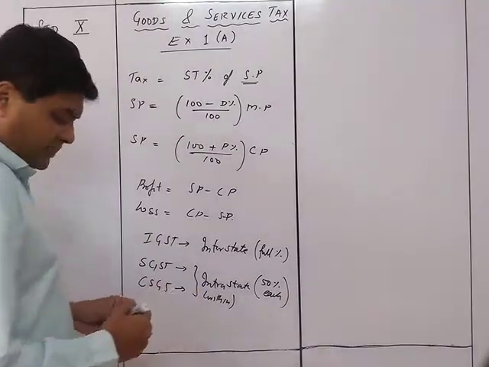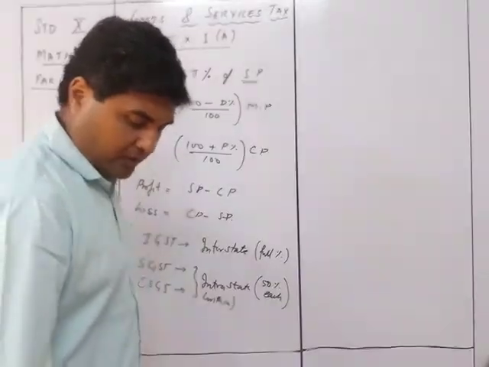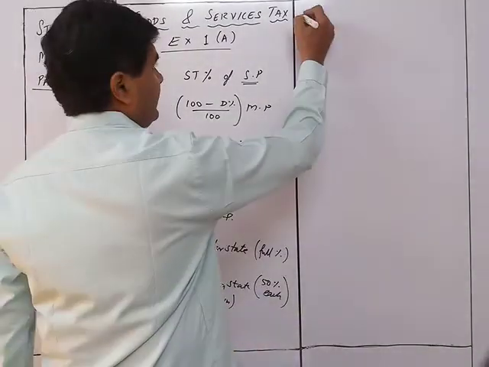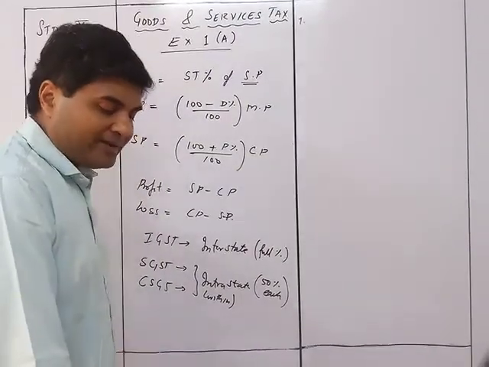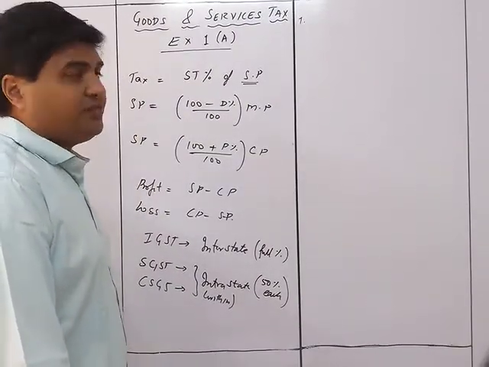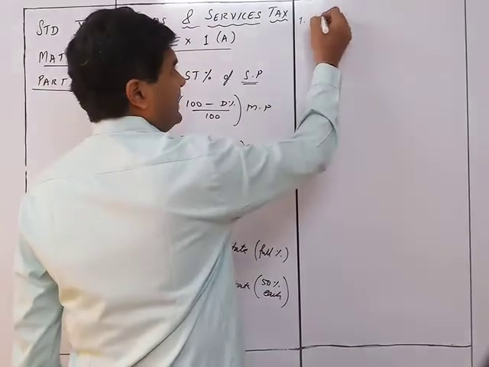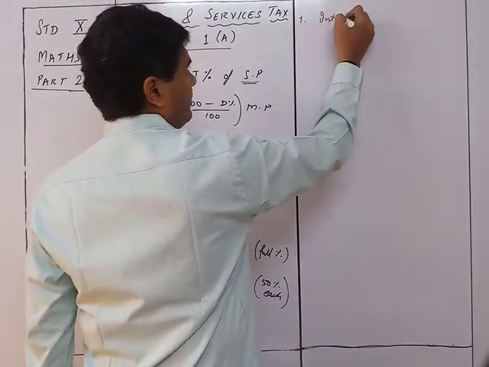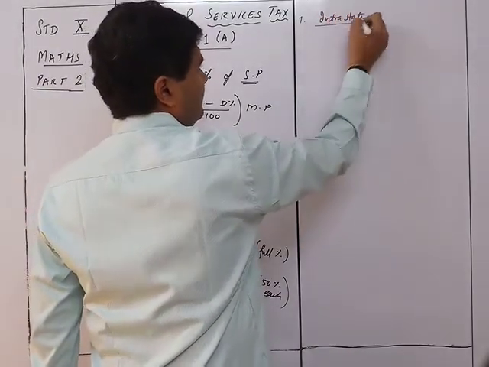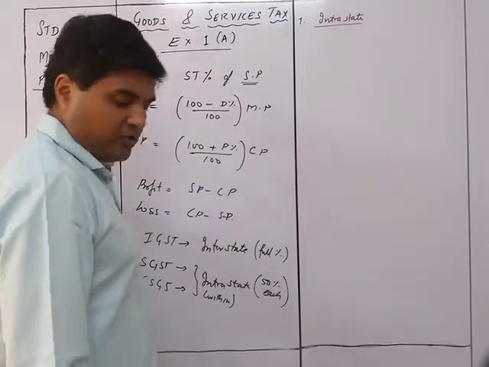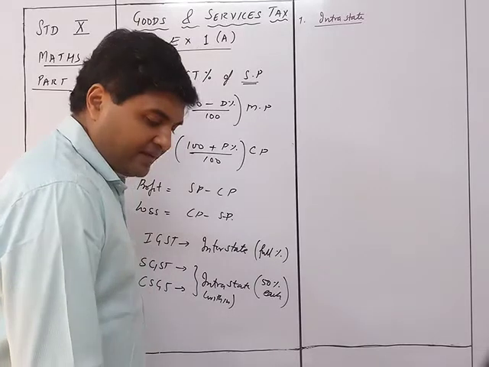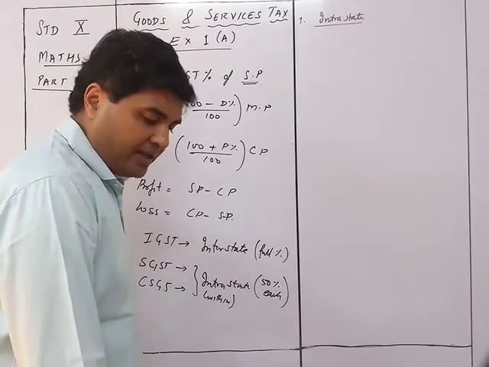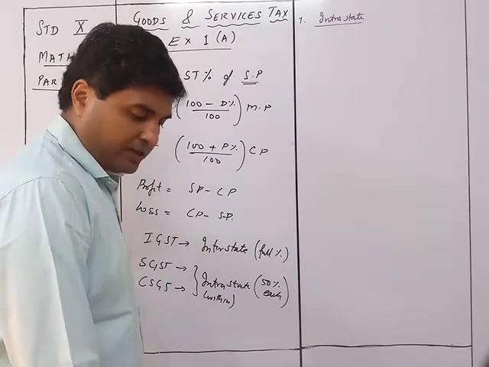Now let's see the sums of this particular part. We start with sum number 1. We'll take the alternate sums as usual. From the following transaction within Delhi. So first of all it is within Delhi, so we can say it is intrastate. Okay, it is intrastate first of all, so there will be SGST and CGST. Right, it is given that we fill in the blanks for the amount of the bill.